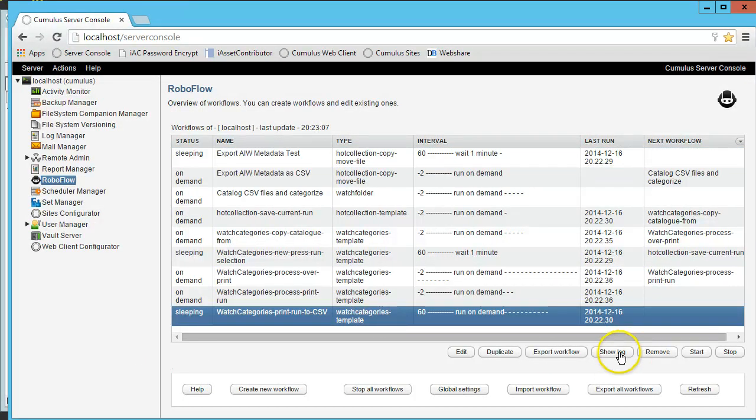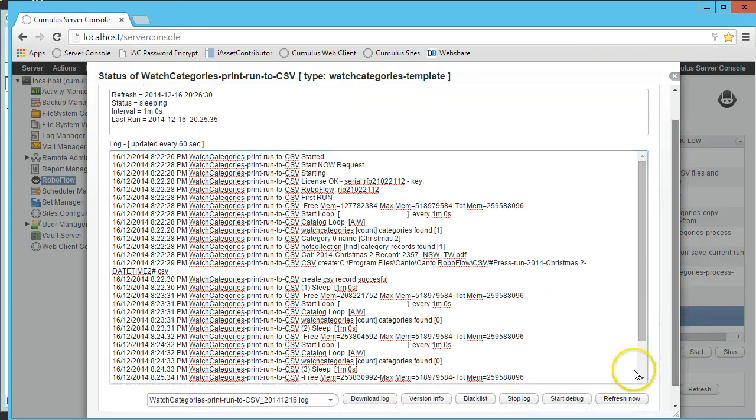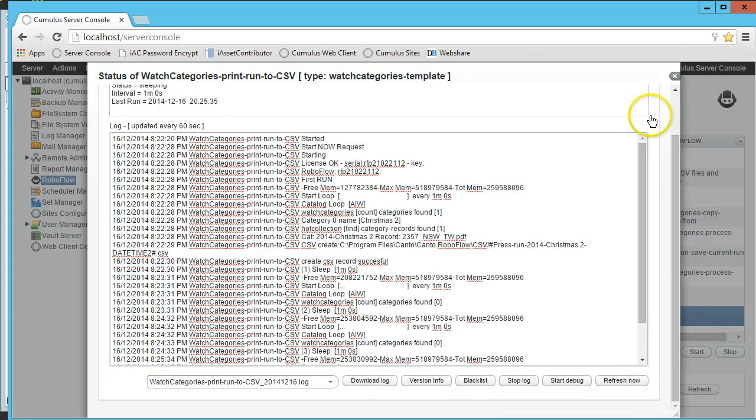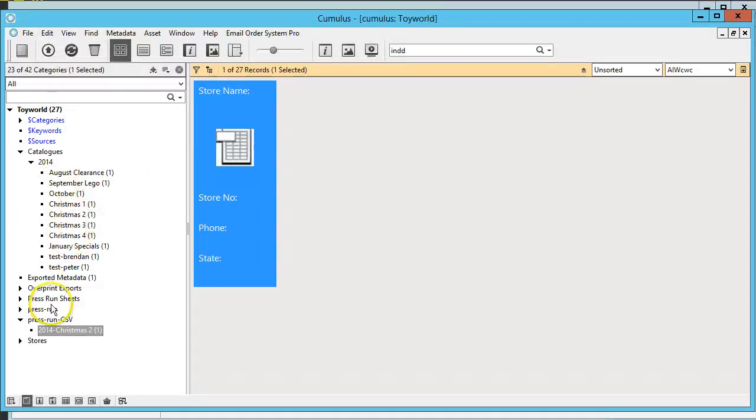I can look in the log to see if it ran, and I can see that it found the category called Christmas 2, and then found from that category the record, and it created the export file, and it's running every minute now, so it continues to run. If I can just close this and go to Cumulus, I can see that here under press run CSV it created this